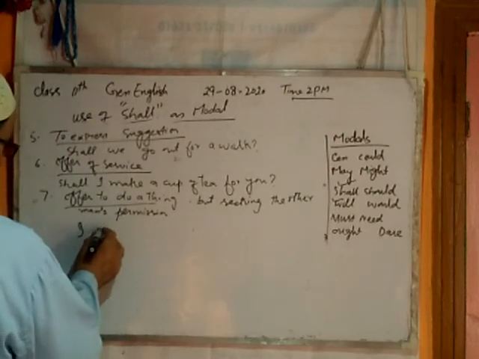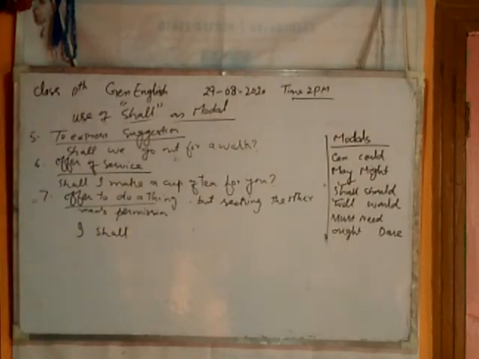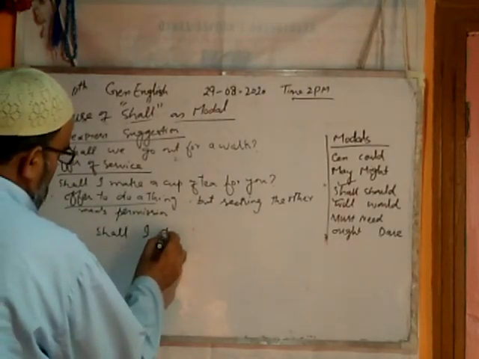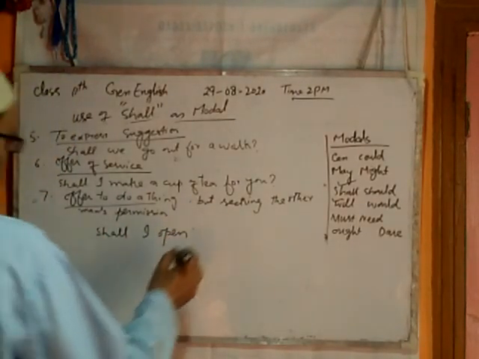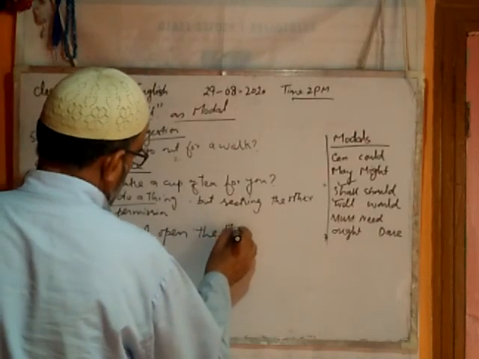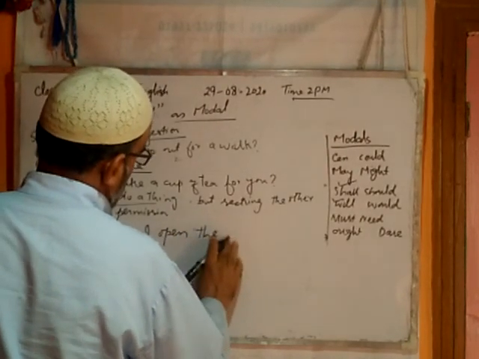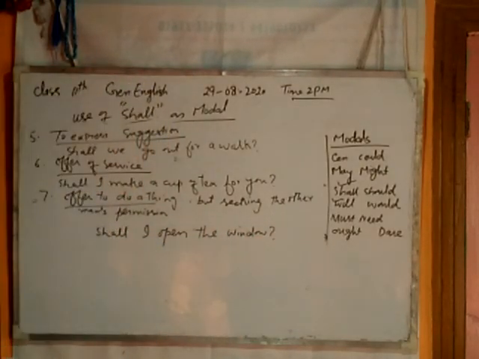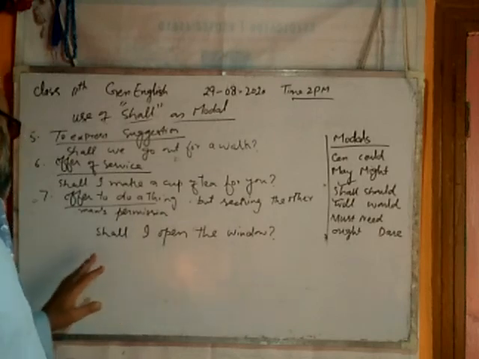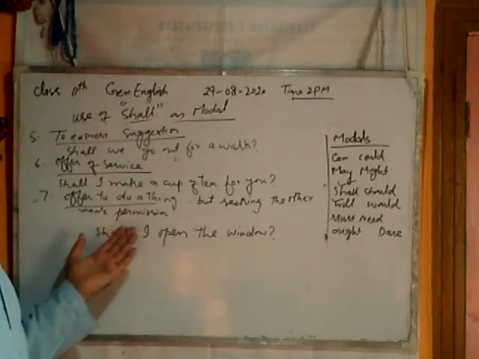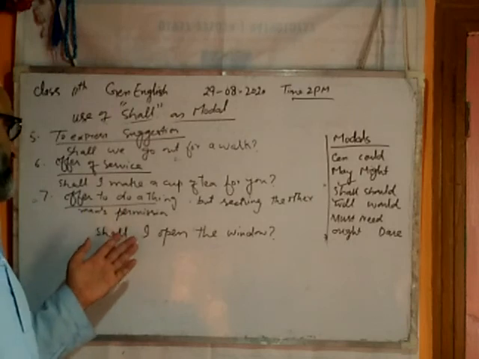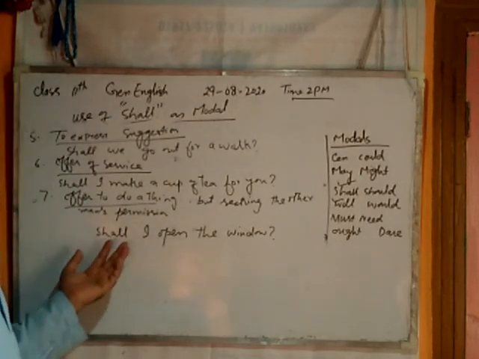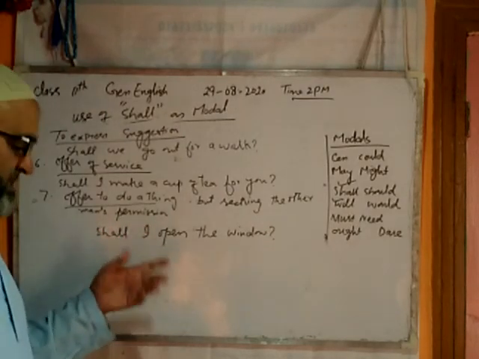For example, shall I open the window? यहाँ पेशकश करना है किसी काम के लिए, बट इसमें दूसरे शख्स का परमिशन लेना है, इसलिए हम कहेंगे shall I open the window। यानी आप विंडो खोलेंगे लेकिन जब दूसरा कहेगा।